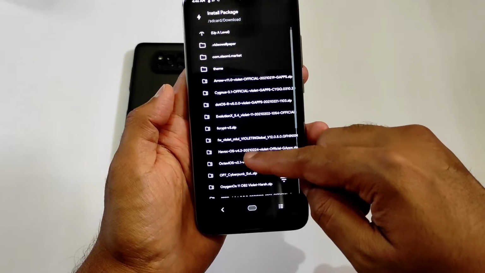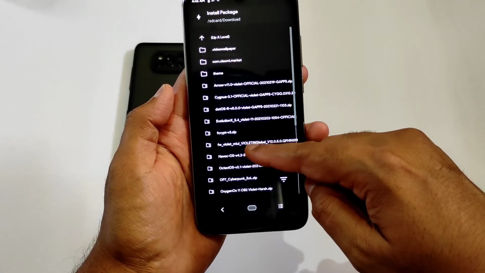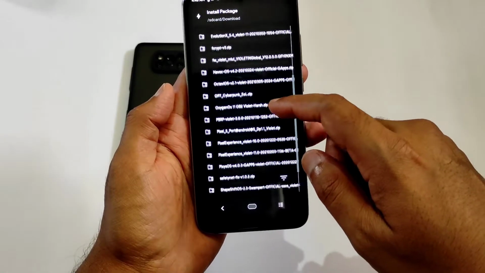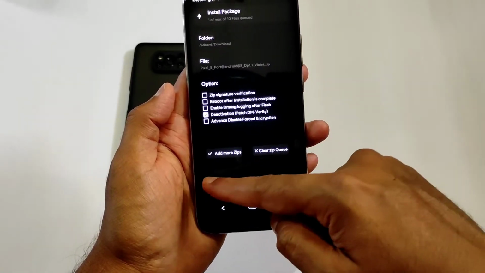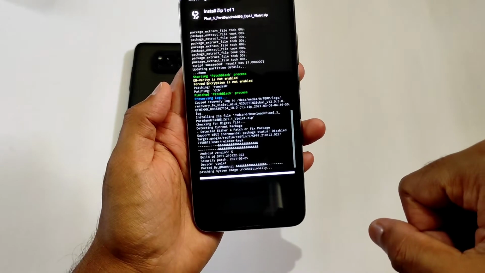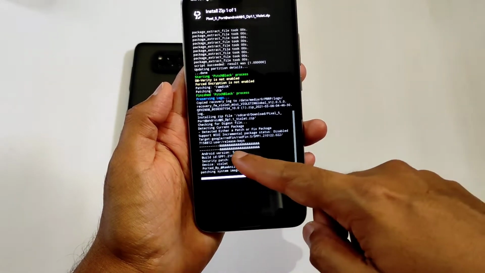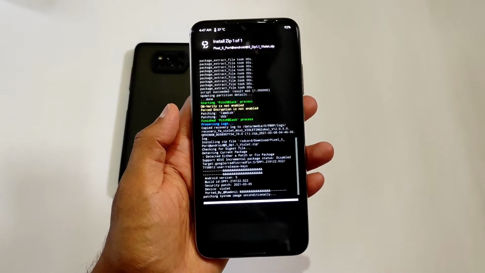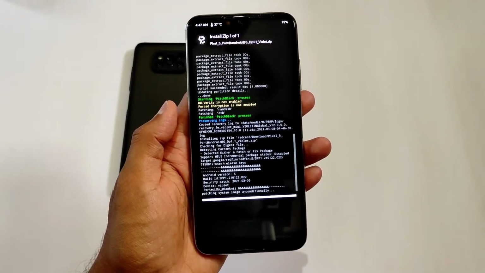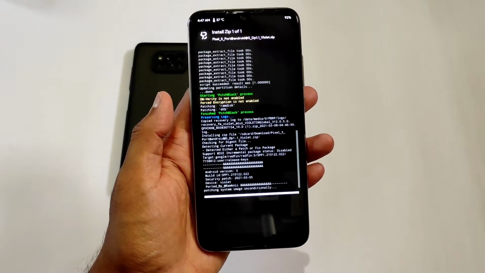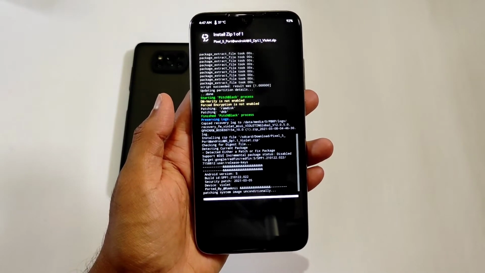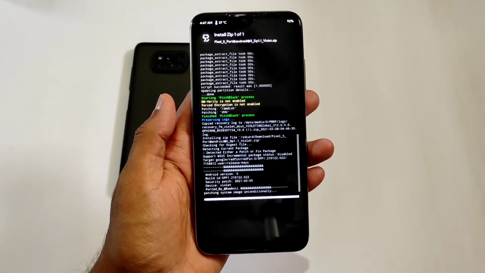As you can see, I am finding this Android 12 developer preview. Yeah, as it is. Here you need to flash it, right swipe. It takes a little bit of seconds. These are the similar steps you need to follow for any custom ROM installation on Redmi Note 7 Pro using this PitchBlack recovery. If you are using TWRP or OrangeFox recovery, it's the same thing I think.